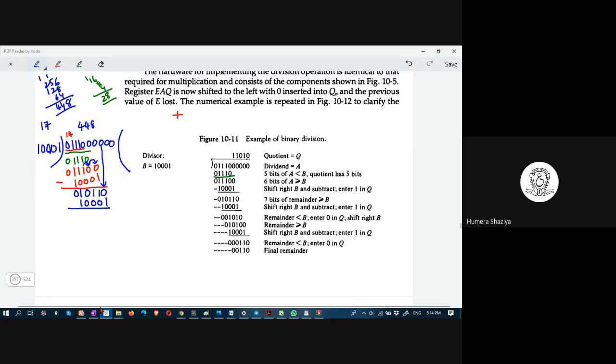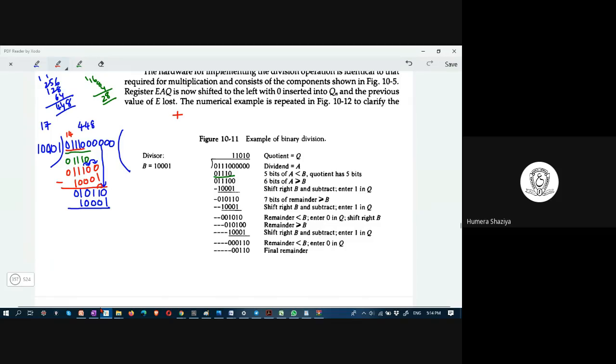Observe here that we are shifting it. Aren't we shifting this bit, this divisor B? We are. Here we are not putting from here. You are shifting and putting. Then here this 0 minus this. Then what are you doing here?